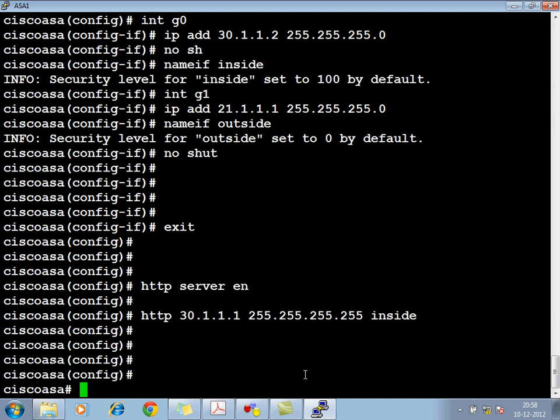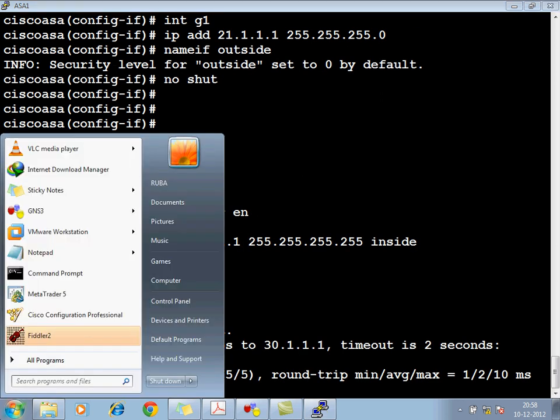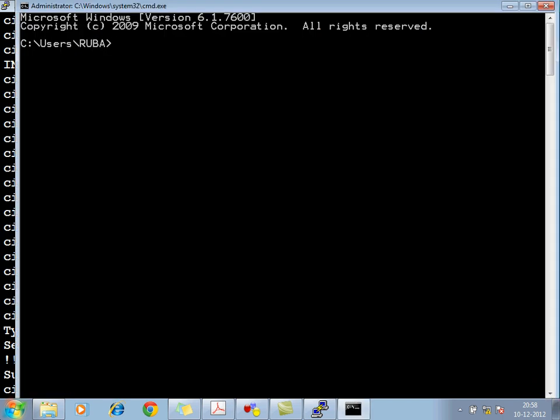Then I'll try to ping whether I am able to reach my PC. I am able to reach my PC. I'll check it in my PC also. Once the ping happens, okay, no problem. But sometimes the firewall in your PC may block ping or may block the HTTP server, HTTP port number 80. So for your convenience, you have to do this. For your satisfaction, you have to ping it once.